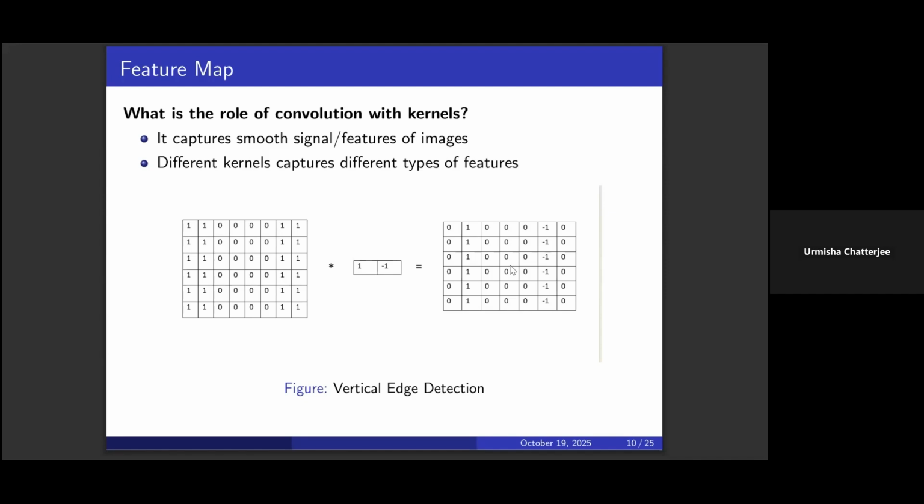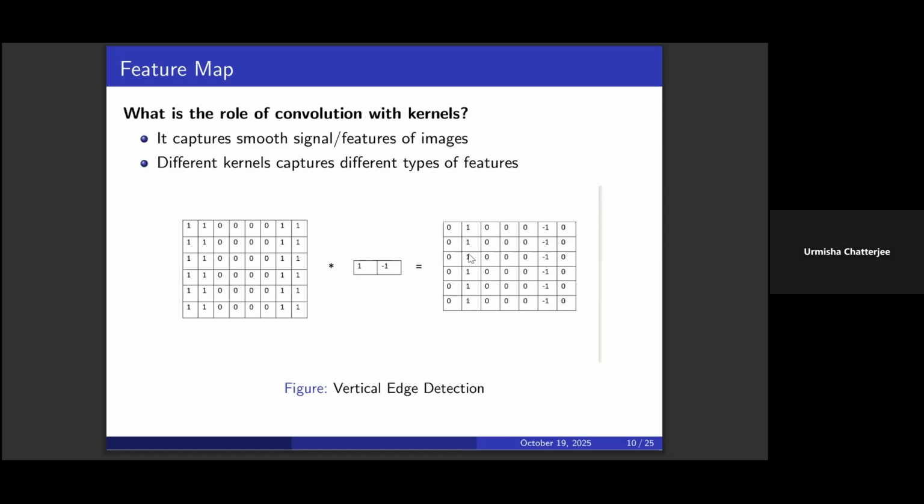Take for example this image. Or you can think of this as an image. Say wherever there is a one, that's white, and wherever there is zero in this matrix on the left, that's black. So you can think of a solid object inside an image, and you want to find out where the edges of this object are. In that case, you can use a kernel of this sort, 1 minus 1. If you just slide it, you will be able to detect the edges on both sides.